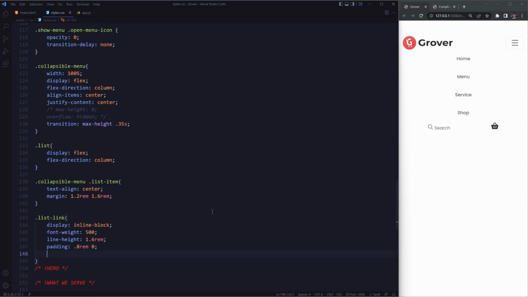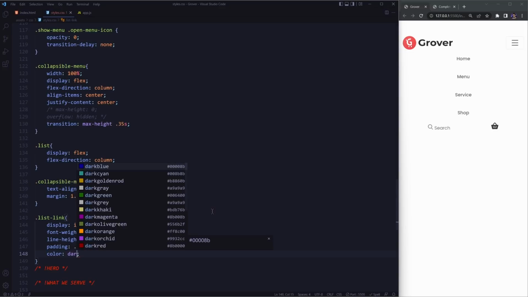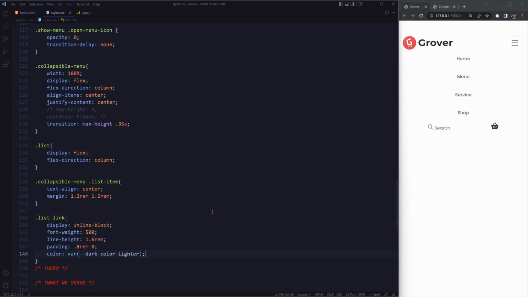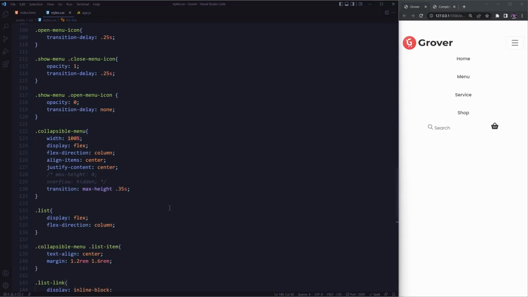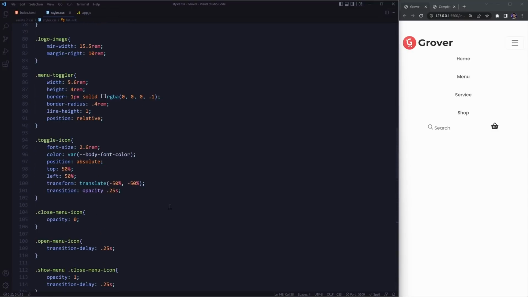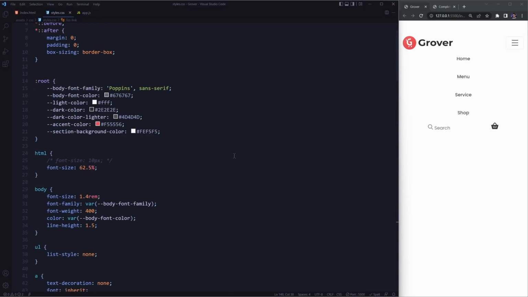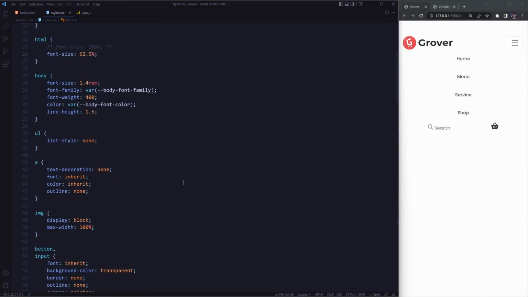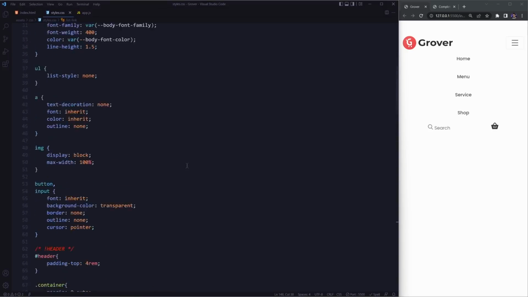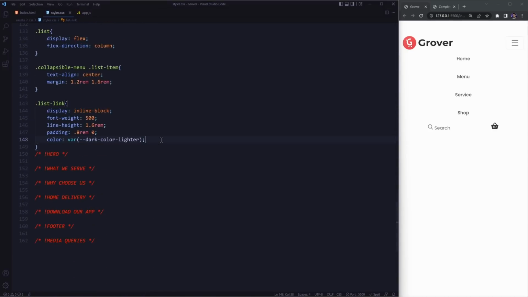Now for the color itself, we can do something like dark color, lighter. And let me double check. So yeah, they're completely different. So that's exactly, well, wait, let me go back here. The lighter one, let's see. Yeah, so that's exactly the color that we want. And the body here just has the body font color. But back to this, we are also going to be adding a